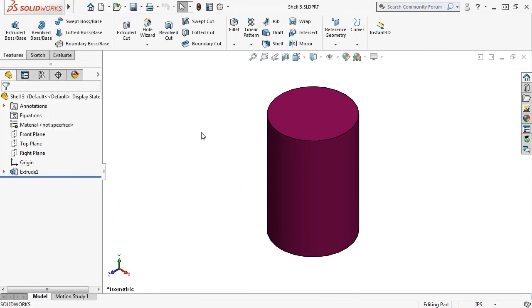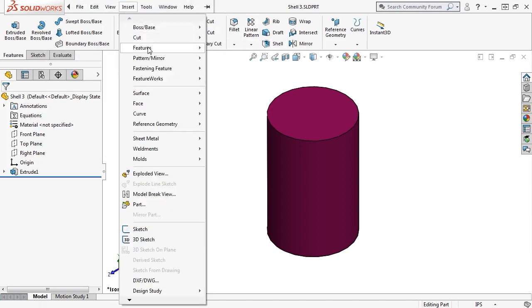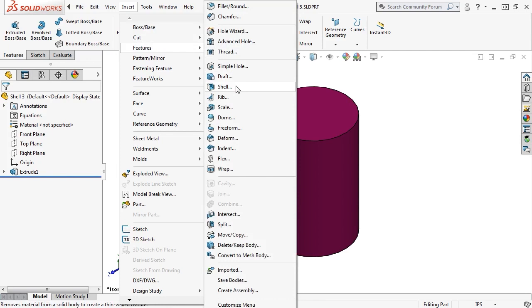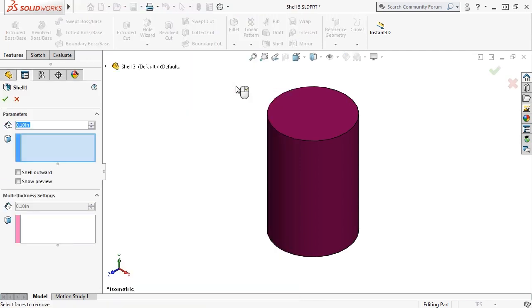Once you have a solid part like I have here, you activate the shell feature by clicking on this icon, or from the drop-down menu under Insert, Feature, Shell. The settings are rather basic. First, since this will become a hollow part, I have to input the wall thickness I want to end up with. Before taking a look at the remaining options here, let's take a look at what happens if I finish